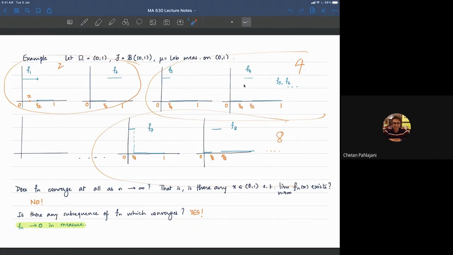However, we ask ourselves, okay, as n is getting large, for most of the time, the function seems to be 0. So is there any sense in which fn converges to 0? And the answer is yes. Let me fix an arbitrary epsilon. Now let me look at the set of points where the difference between fn and 0 is more than epsilon, and let me look at the measure of that set. Well, the measure of that set in this case does go to 0 because you can see that the set of points where the function is 1 keeps getting smaller and smaller.